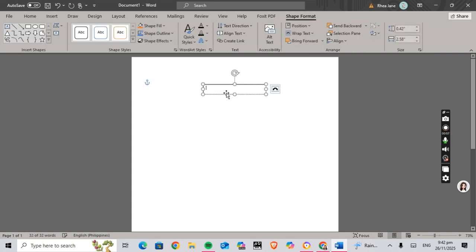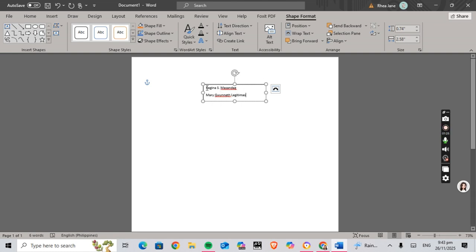And here, we will write our names. Regina S. Masandag, and my partner is Mary Gwenat Legitimas.